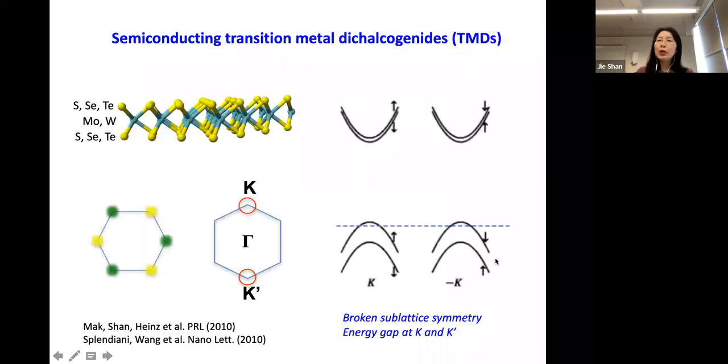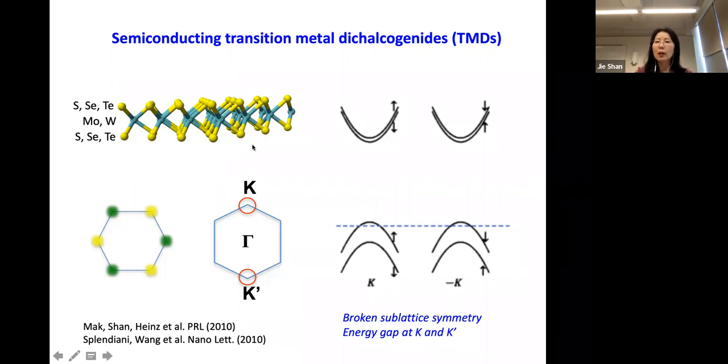Okay, so the building block of my favorite moire material is from this group, transition metal dichalcogenides. I probably don't need to mention this too much, because this is one of the material systems that Penn State colleagues have been studying very widely. So pretty much, you have this transition metal in the middle and chalcogen, sulfide, selenium, telluride on top and the